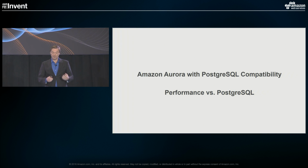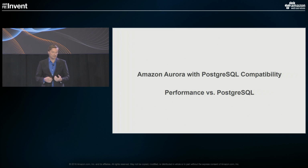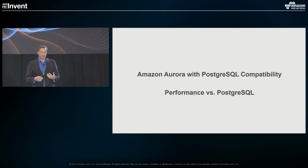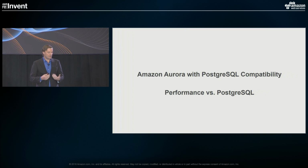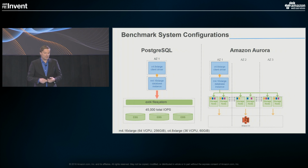From the beginning, one of our major goals for the Postgres-compatible edition of Aurora has been to deliver much better performance for customers with demanding workloads. So as part of our performance effort, we of course run various standard benchmarks to compare how we're doing relative to standard Postgres. And so in the next few slides, I'm going to review a bunch of different results with